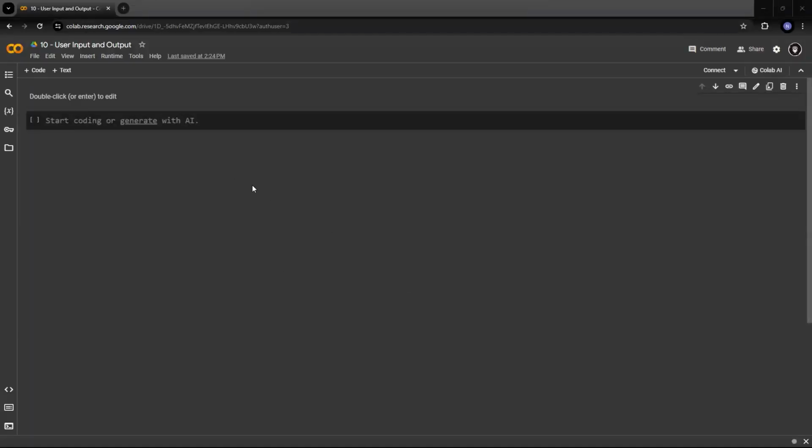Hey guys, today we'll try to understand user inputs and outputs. So we'll try to learn how Python accepts the user inputs from a console and displays the output on the same console. Now, every computer application should have a provision to accept input from the user when it is